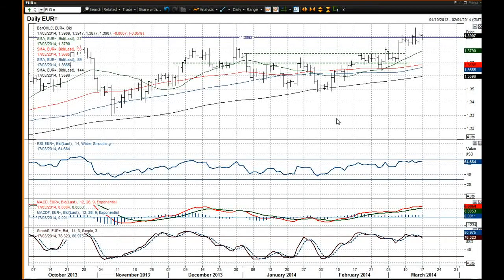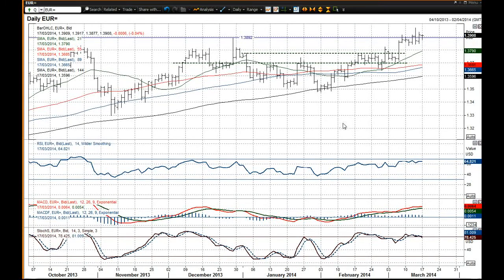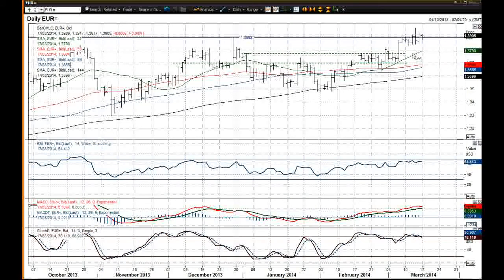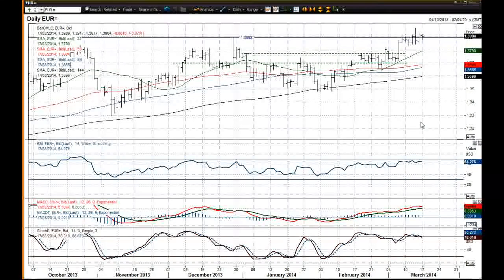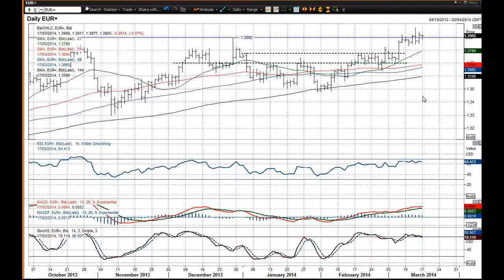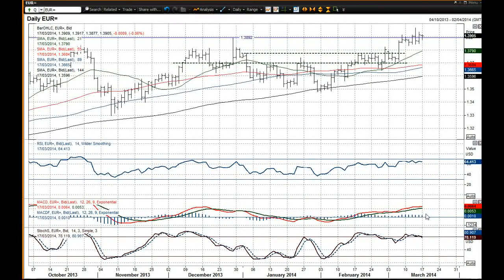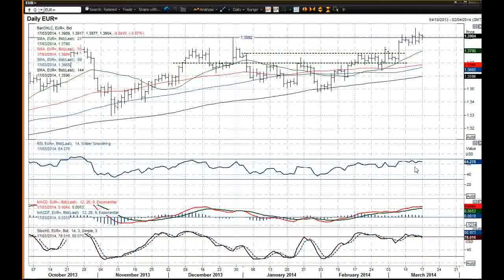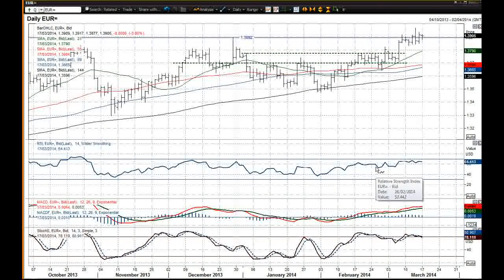The euro has slightly made some recovery from some weakness overnight, but certainly if you look at this daily chart, you've got a bit of a consolidation pattern forming around here, and I'll show you on the intraday chart in a minute what I think that ultimately could turn out into is the risk. But certainly the daily chart remains in positive configuration. These momentum indicators are just unwinding through this consolidation, and I think that there's nothing overly negative about this chart